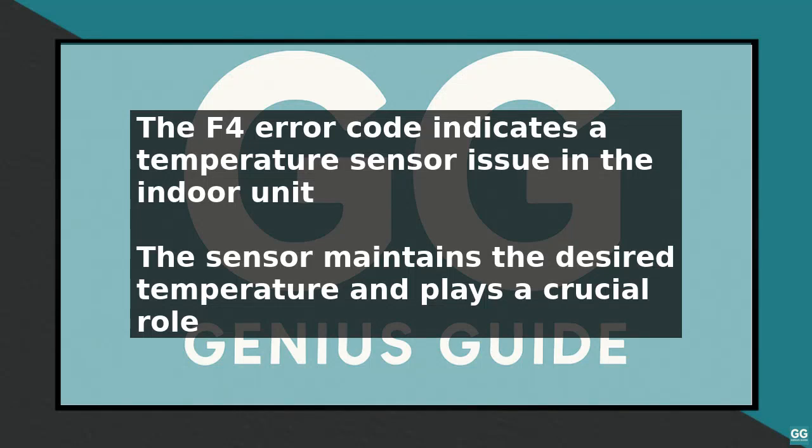To fix the LG air conditioner error code F4, you need to understand what this code indicates. The F4 error code is related to the indoor unit's temperature sensor issue. This sensor plays a crucial role in maintaining the desired temperature. First, turn off the air conditioner and unplug it from the power source to ensure your safety while performing the